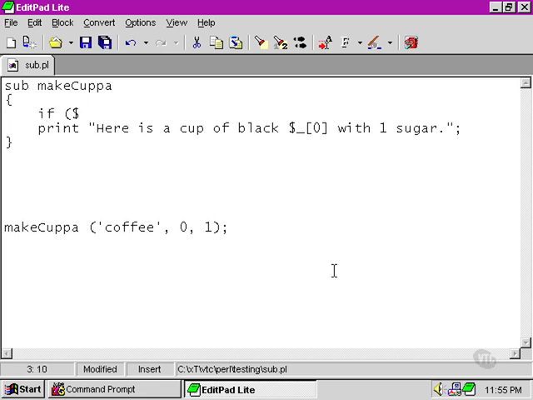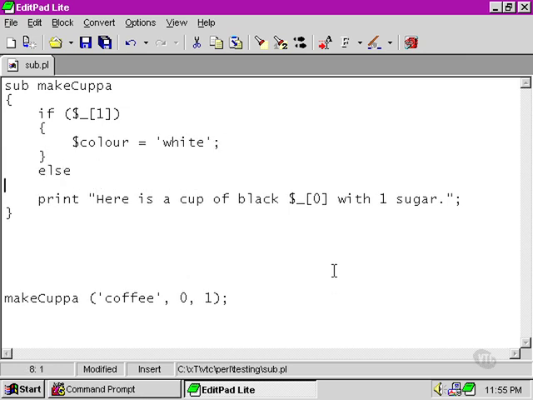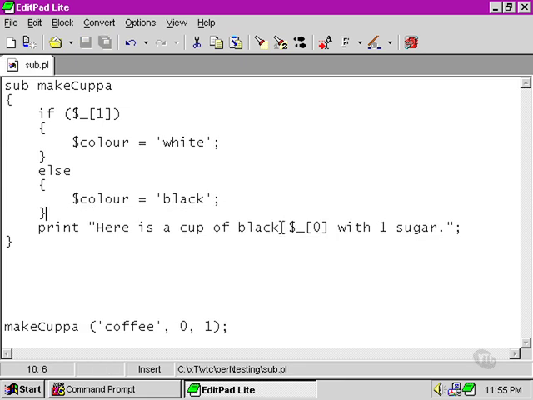So let's just wrap that up in an if statement, which is going to test to see if the second element of the arguments array is true or false. 1 evaluates true and 0 false, so we can safely conclude that color should be white if the second argument is true, or black if it's false. So then we're able to say,